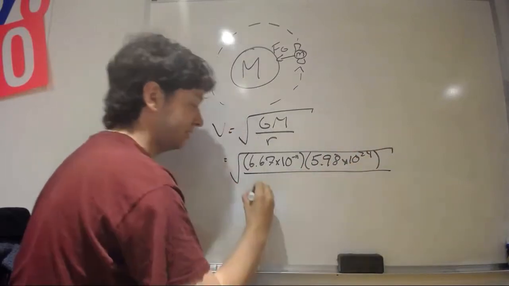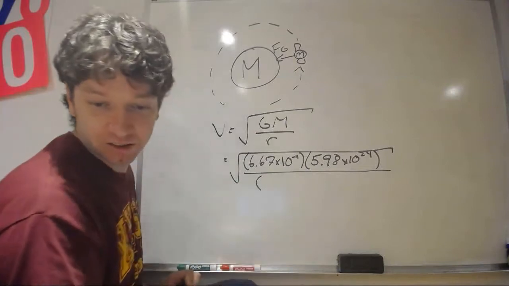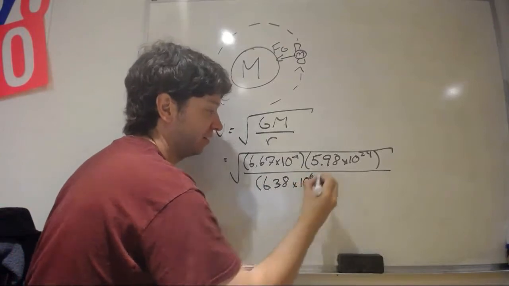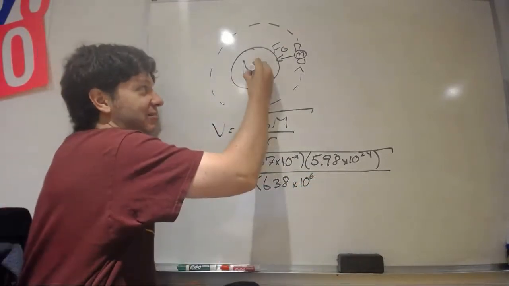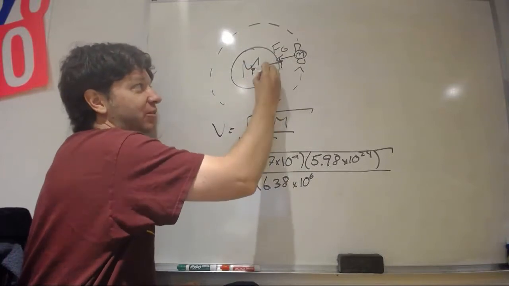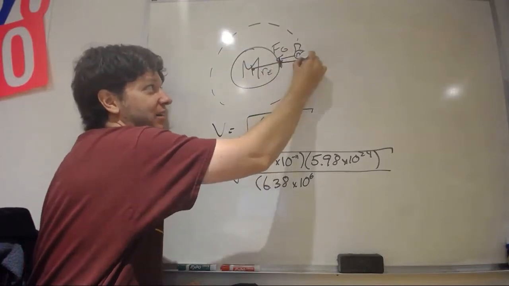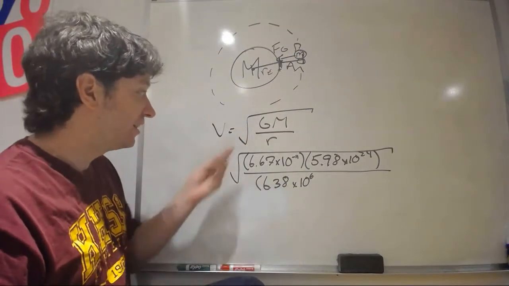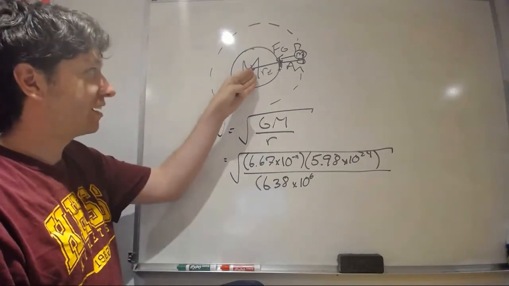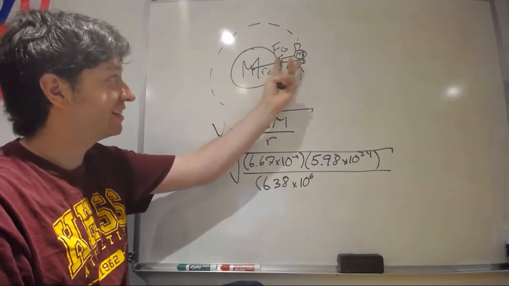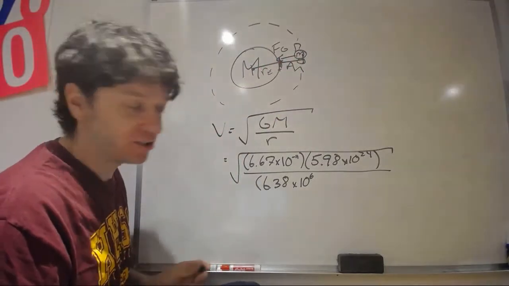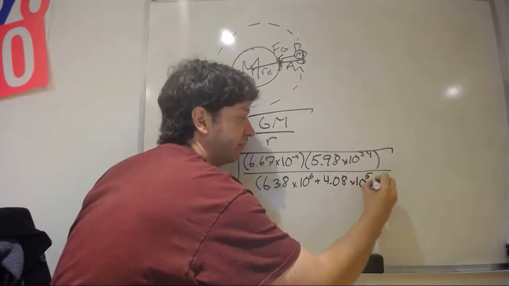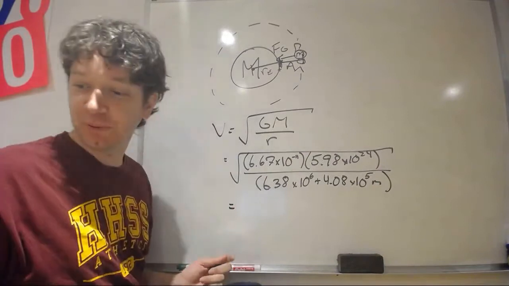And we have radius. The radius of the Earth is 6.38 times 10 to the 6 meters. But the ISS would be that radius of the Earth plus its altitude above the surface of the Earth. So in this equation, we're talking about the distance between the center of the Earth and the ISS. So we need to take its radius and add its altitude, which is 408 kilometers, or plus 4.08 times 10 to the 5 meters. If we plug all of that in,